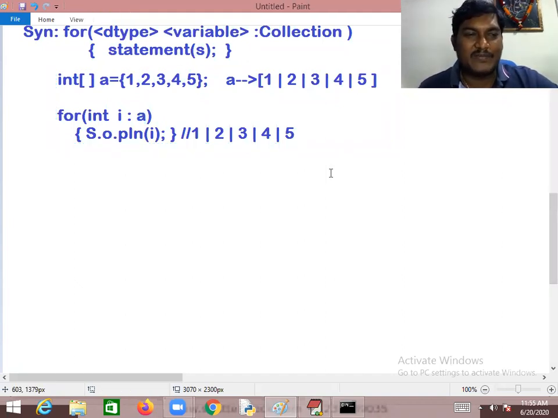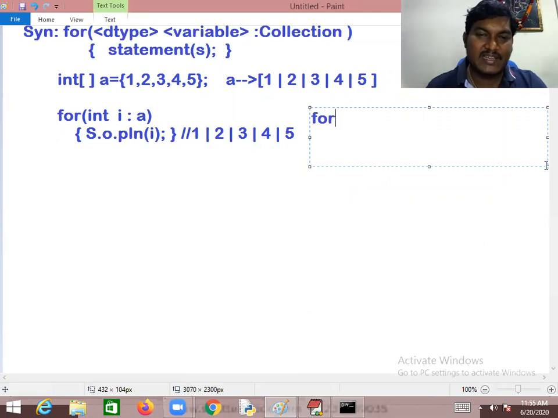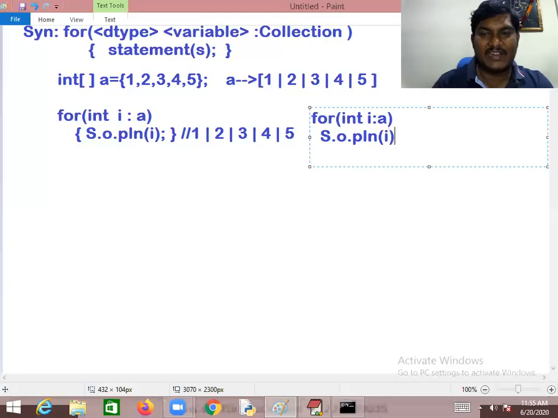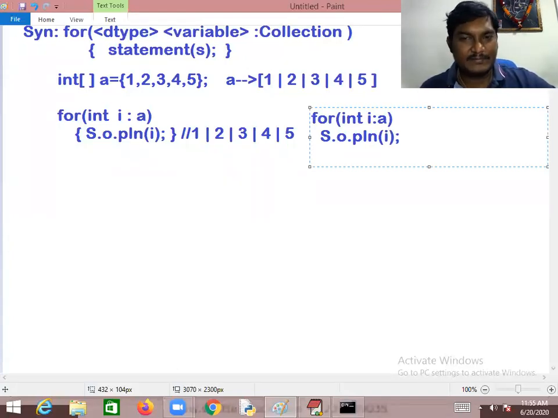Okay, now onwards you can write like this, my dear. But as I said, opening and closing the curly braces are optional if you want to process a single statement. Where do you want to read from? I want to read from the A collection. But A is a collection of what type? Integer. Get one by one element from that. You can write System.out.println of I. Even this will be fine, my dear friend. Yes, we can do a whole lot of things.